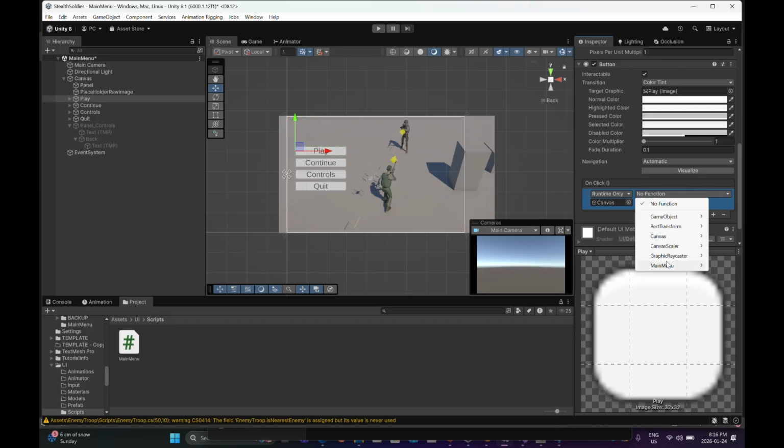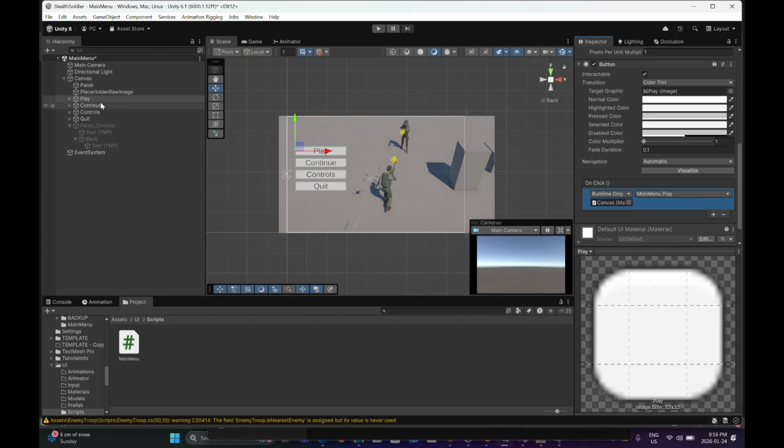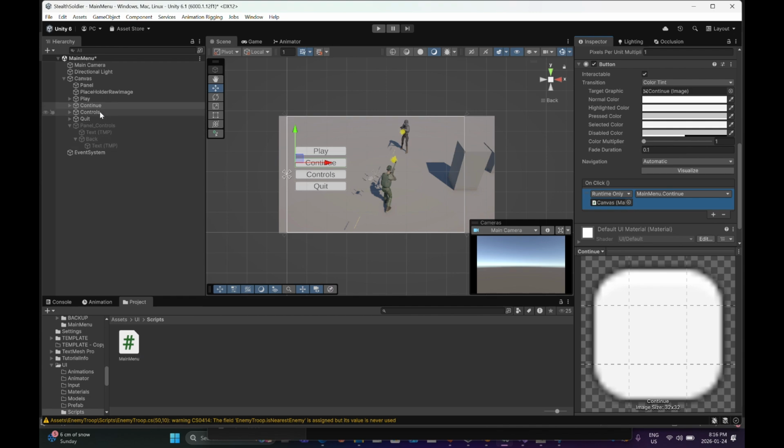And I'm going to go to the main menu script, and I'm going to trigger play. This one I'm going to press plus, add the canvas, main menu, continue, controls, press plus,